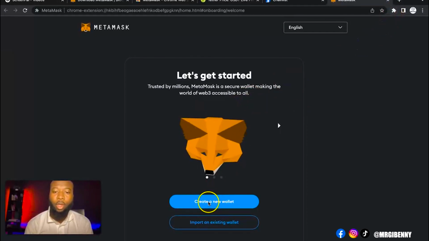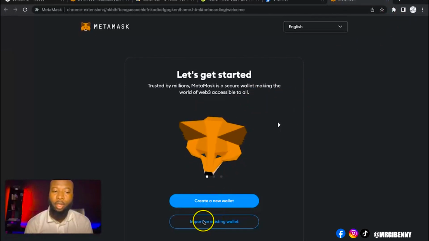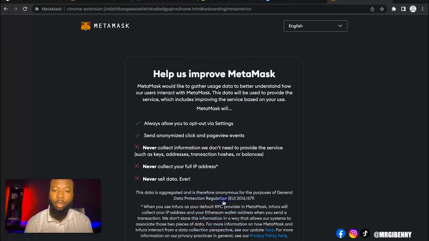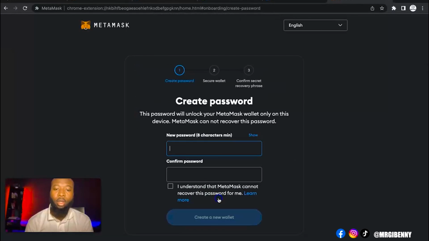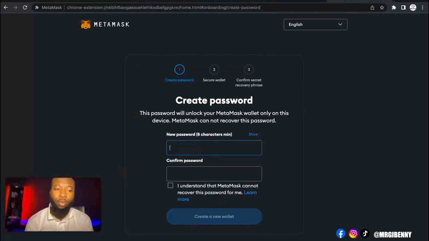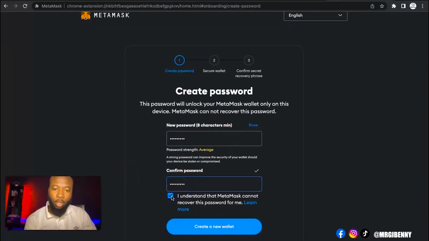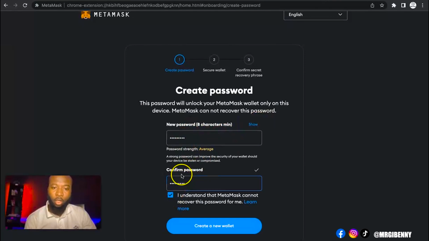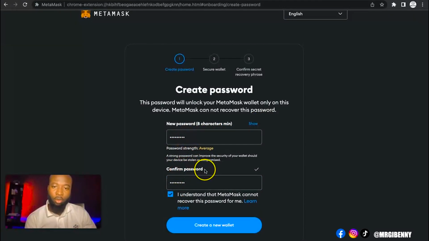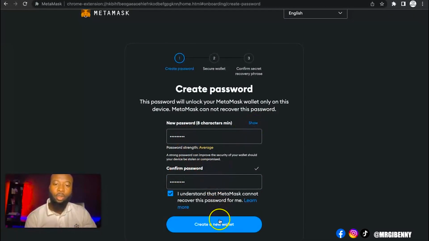So for a newbie, you're creating a new account. For old users, you can import your account using this place. So you click on create account, then you click on agree. You put in your password. So let me put in my password now. The moment you put your password, you click on this place, and in case you want to check if they are correct or not, you can click on show. So you click